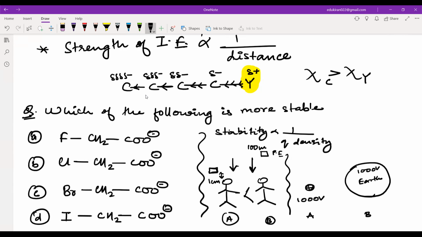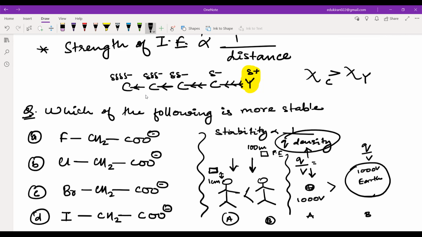A. Hotvika, Hishma, Mariam, Samaira, all of you agree, na? Yes, sir. Now you tell me, where is the charge density more? The charge is the same in both of the cases, but where is the density more? I will have Q upon volume here, and Q upon volume here, and we will get the charge density. As density is mass by volume, charge density is charge by volume. Since the volume of the coin is very less, the charge density is very high, and that is why it is hurting me more.